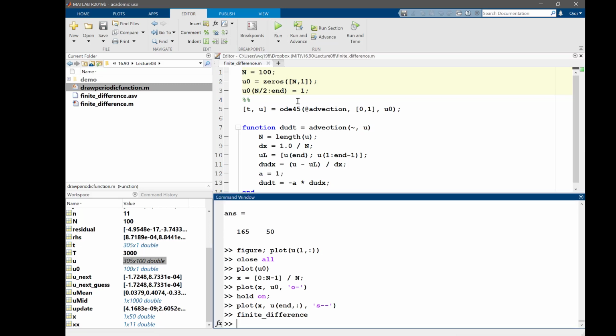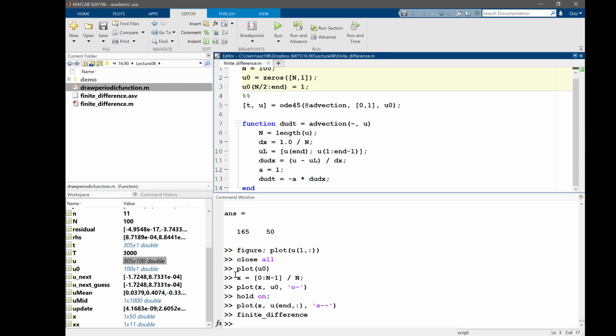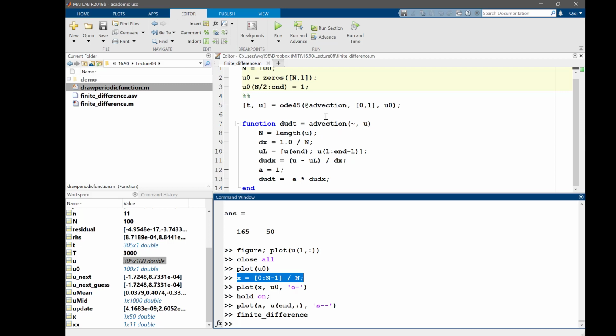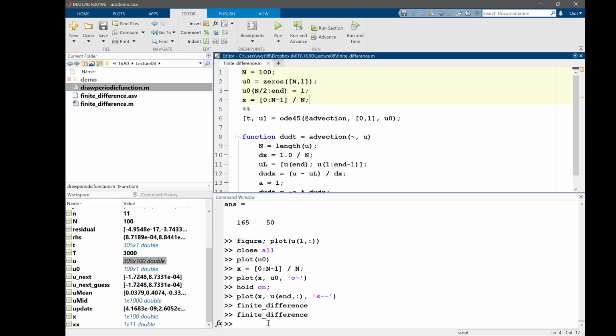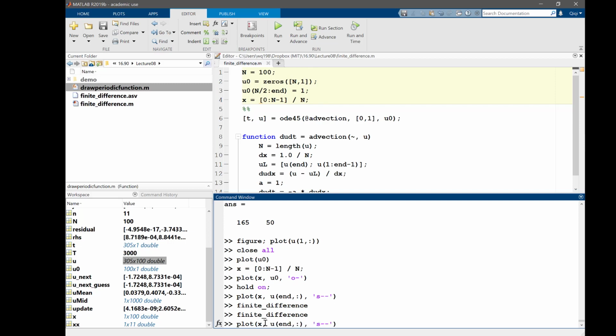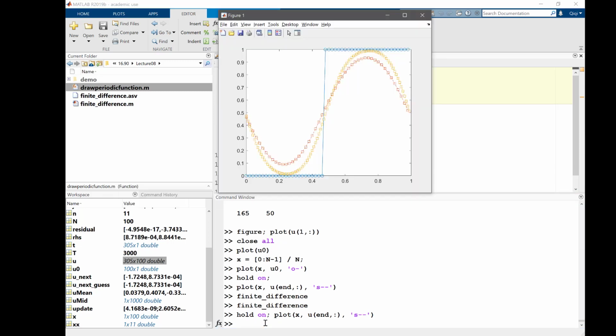I'm going to run the entire thing, and let me also put my x up there because my x has changed, right? Okay, I'm going to run it, and I'm going to plot this again. All right, this is my final solution. Looks better? Yes? So would you say that this